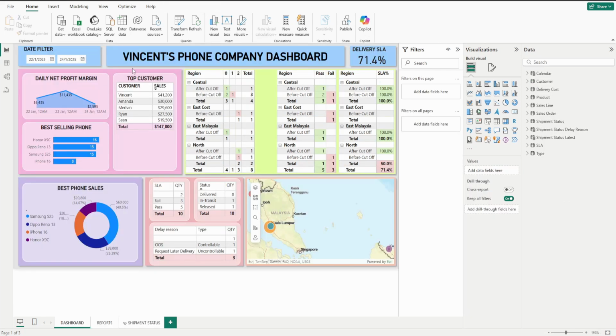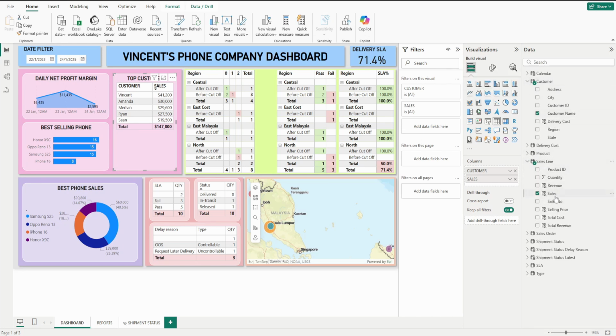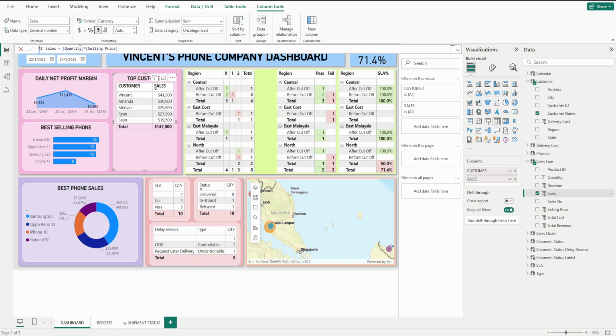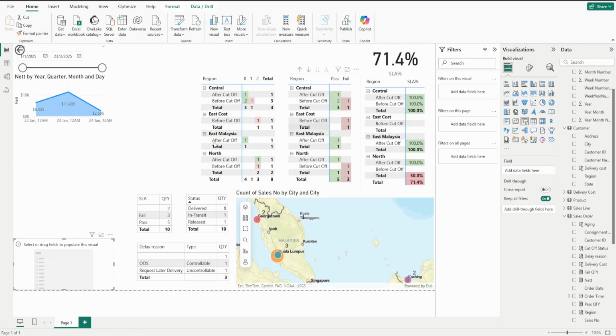Now I can have my top customer and best selling phone. So over here, as you can see, I'm just gonna use customer name and the sales, the sales which is multiplied by the quantity. Then I can know who's my top buying customer. Let's go back to my drafting Power BI. A simple table view,